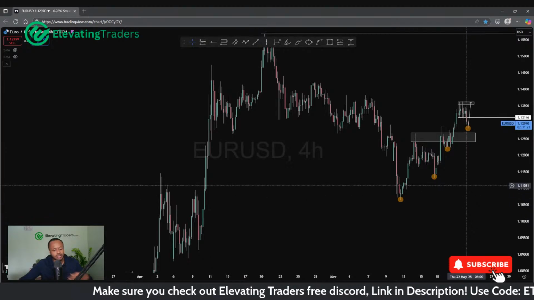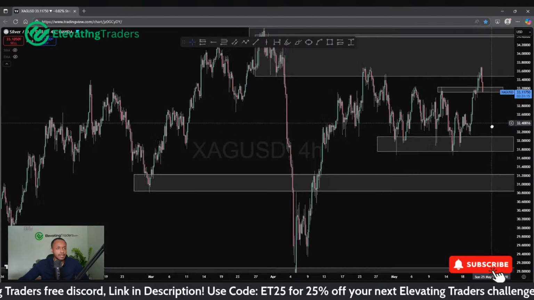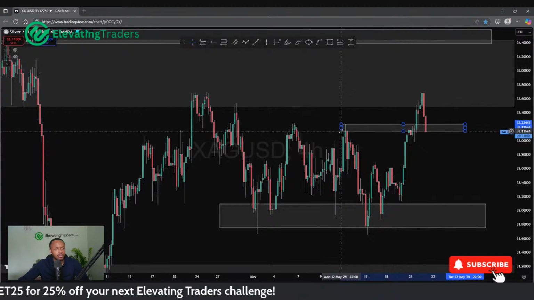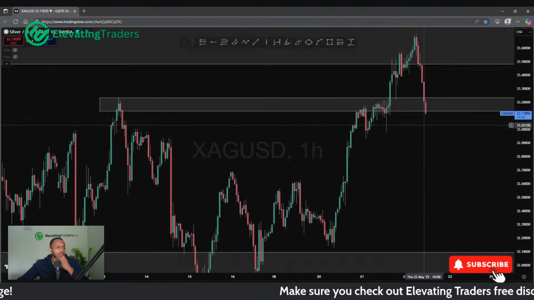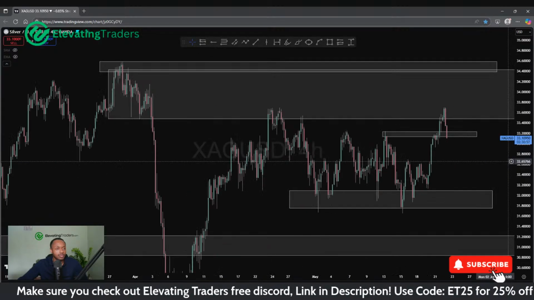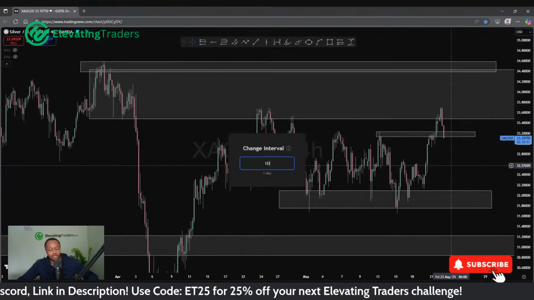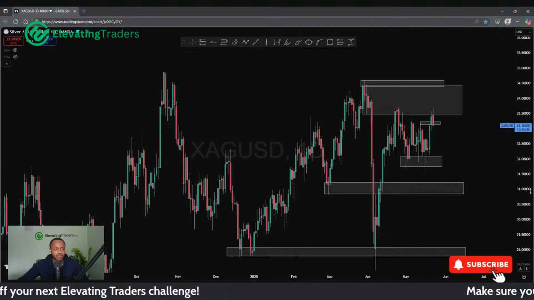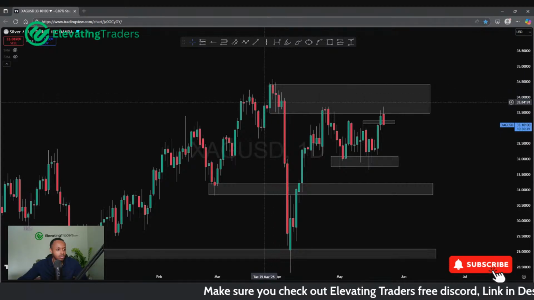And then of course gold and silver. Silver, not really a big fan on. Nothing really to do there. Might be some nice buys on the retest of that level. I think if you can drop to maybe even a 50-minute chart, might be some nice buys on the retest, but I'm not a fan of silver at the moment. I am bullish long term, but the way we're struggling right now is not a good look. These are the two levels I mapped out for some buys, but you can see price is nowhere near that. We're trading in this massive area of supply right now. We did have a brief pause there.